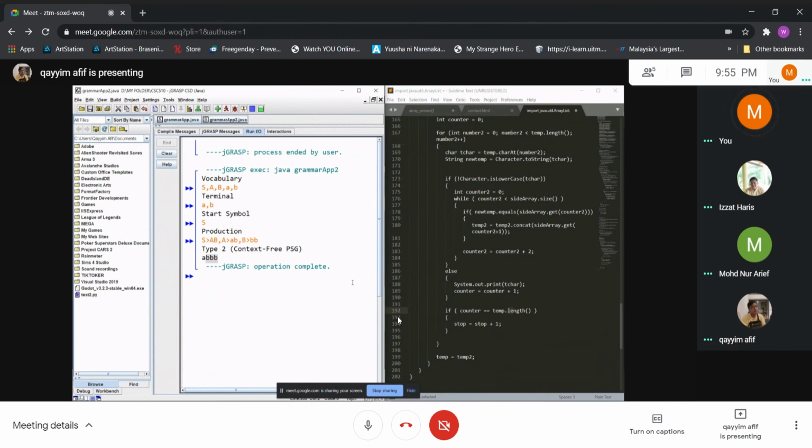To conclude our presentation, we are able to create a program that can solve the given question. However, this program is limited to a certain vocabulary only. For example, if we enter more characters before the fragment than after it, the system cannot detect the type, which leads to an error. Overall, the program runs quite smoothly. Thank you. That's all from us.